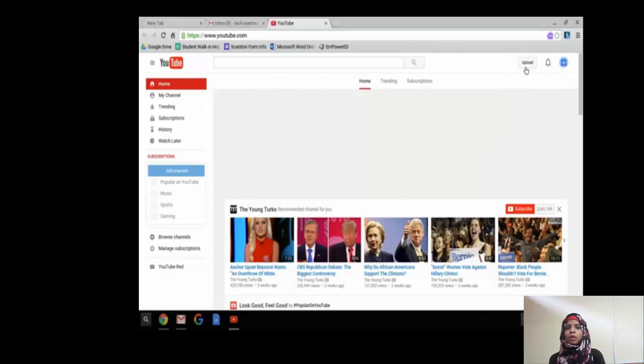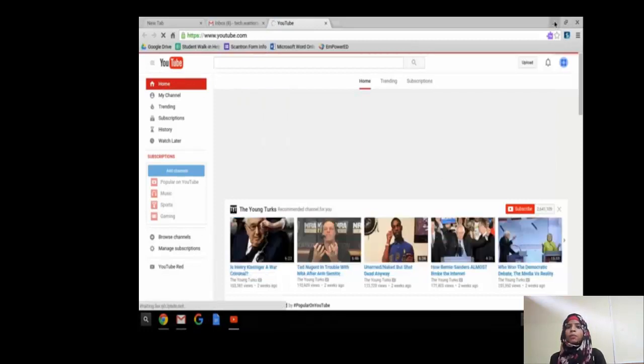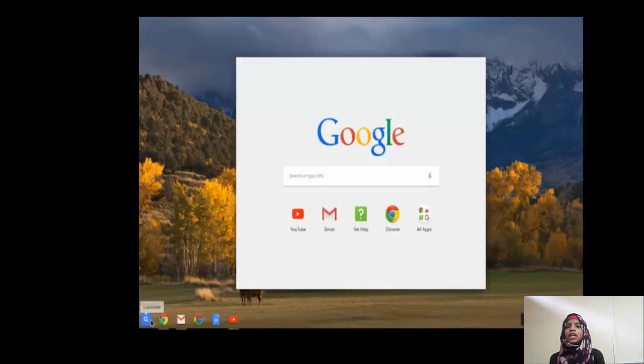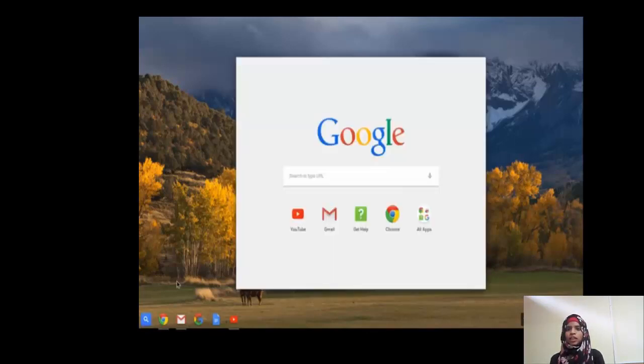So the coolest part about this is that all these links are right here. You can adjust these links, and I'm going to minimize this and show you how to adjust these links. Magnifying glass, if I click on this, the main window will open up, and this main window is basically like your start menu with Windows. There's a magnifying glass button right above Shift, below the Tab on the left side. If I hit on that, it opens up, and I encourage you to use the launcher because this is a real shortcut for the students to get to their drive,